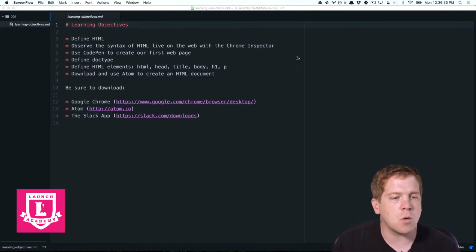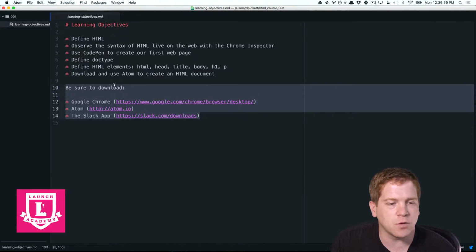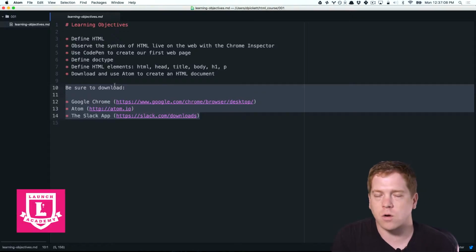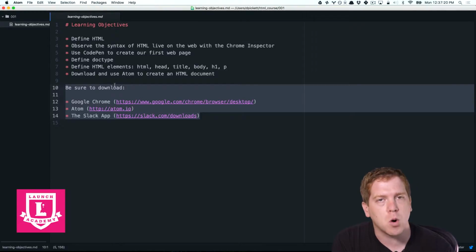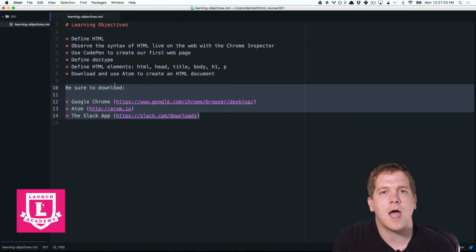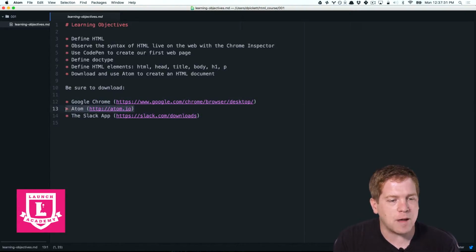So before we dive in, and while I'm going through this material, particularly if you're watching live, be sure to download the tools that I have listed underneath the learning objectives. You're going to make sure that you're using Google Chrome across all of the work that we're doing here. We just like Google Chrome as a web developer's tool, and we're going to be showing you things that are specific to the Google Chrome web browser that will make you more productive as a web developer. So you want to be getting used to using that consistently as you do your professional work as a web developer. We're also going to be showing you the Atom web editor, so you can go ahead and download that at http